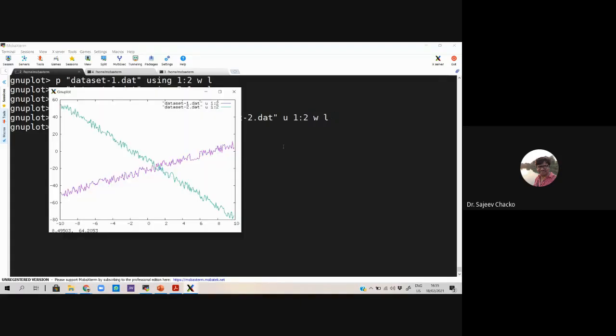I have plotted two data sets on the same graph. You may face problems if the scales are different. In that case there needs to be a modification in the scales, or something has to be done about that. But otherwise there is no issue about plotting. So plotting will give me this.